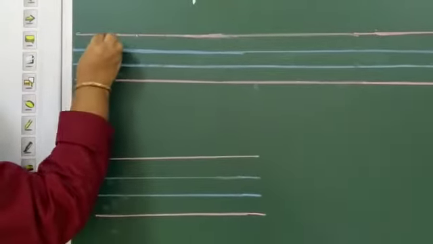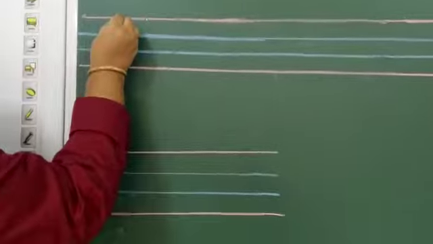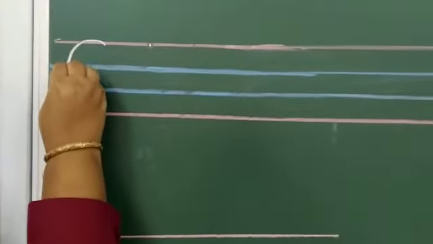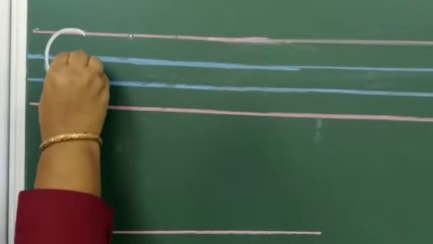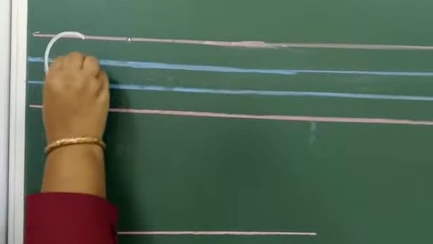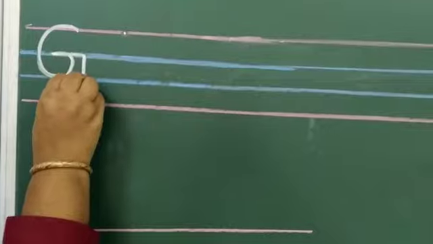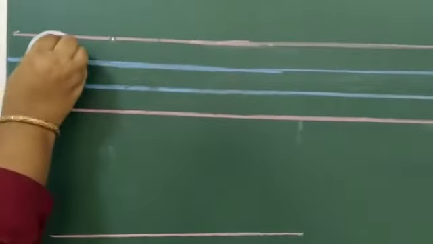Today the first letter we learned was G. Letter G. See, we have to write the capital letter G like this. A big curve. Touch the blue line, sleeping line and one small standing line. See, this is letter G.